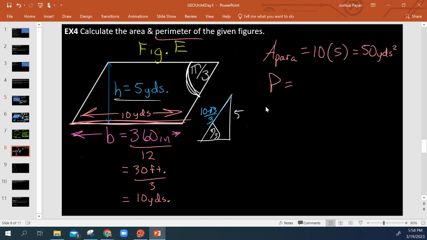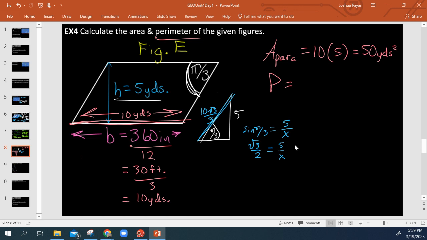Okay, so all we would have to do there is just do sine. We would just say sine pi over 3, which of course I know the sine of pi over 3 is the square root of 3 over 2, is equal to opposite over hypotenuse. So 5 over, we'll just say this is x, right? So 5 over x. And we cross multiply, we rationalize the denominator, we get 10 square root of 3 over